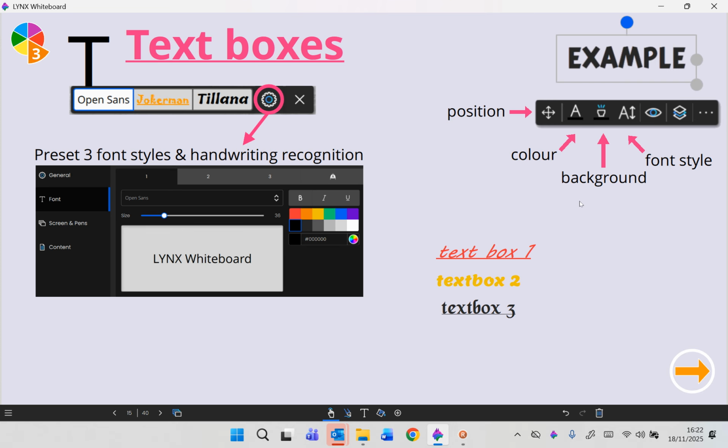Underneath any text box will come the toolbar with the specific tools for text boxes. So if we have a look at text box 3 here, you can see that I can use the crosshairs to move it around. I also have the AI assistant if we're a LYNX Pro user. Please watch my LYNX Pro video to learn how to change text boxes. But for the tools linked to these text boxes, if I don't want to change them with AI,